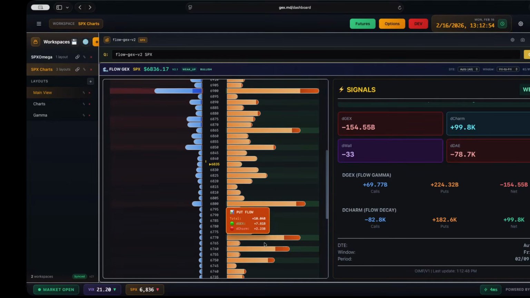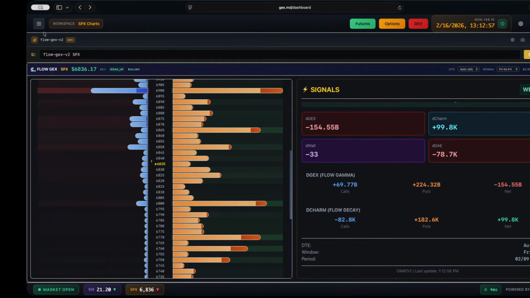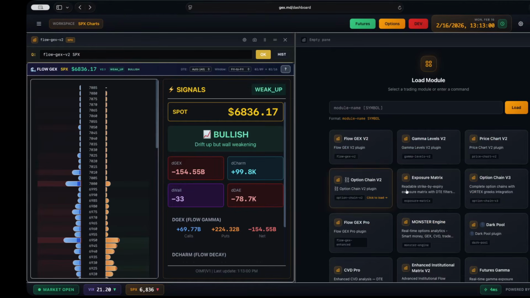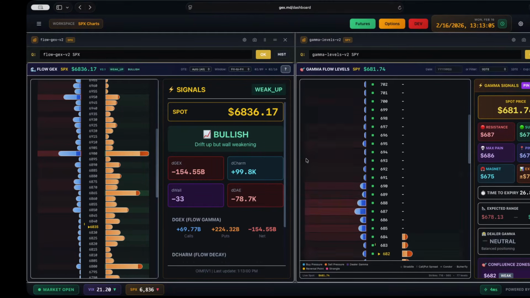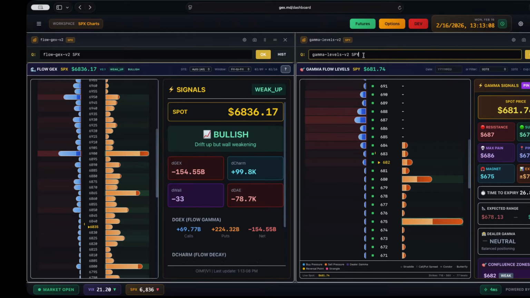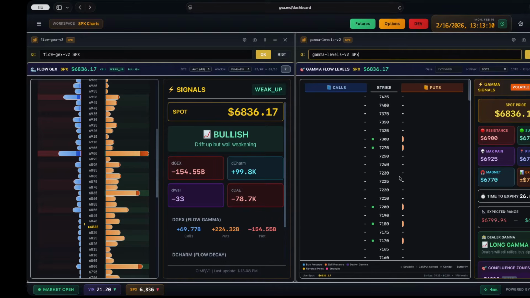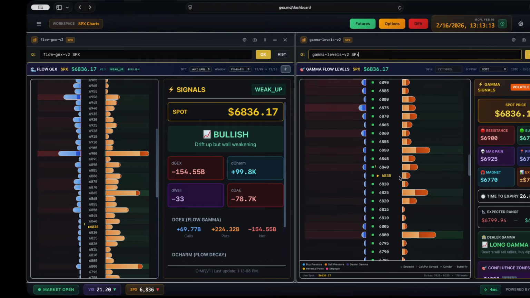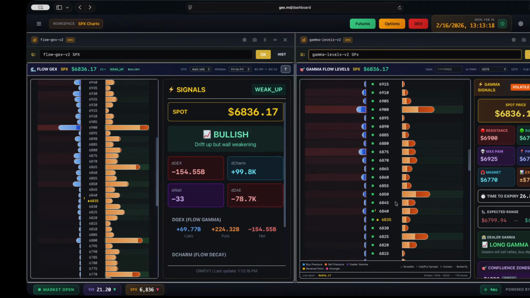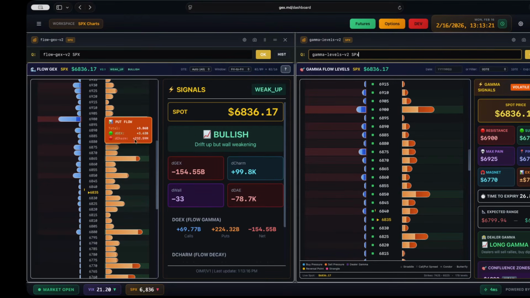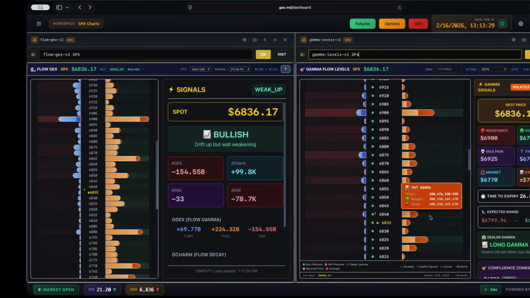Here you see it. Let me close this here, and then let me put gamma labels so you can understand what you see. I put SPX. $6,900. So take a look at this. It looks the same thing, this guy and this guy? No. Right here,